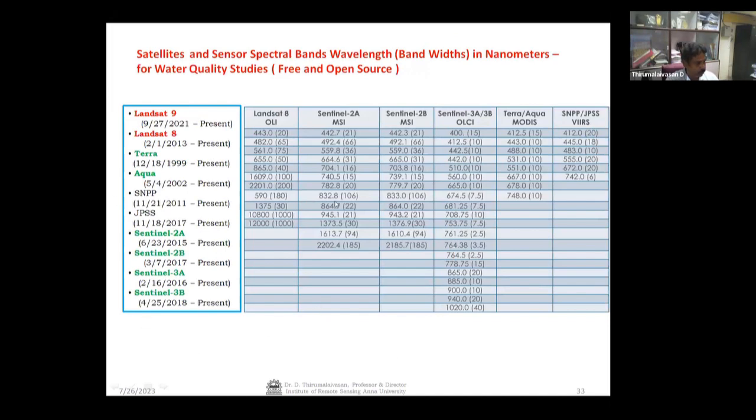And these are the open source data. So the main advantage again here is that you don't need to pay anything to use these satellite data. Landsat is from USA, and Terra Aqua is from MODIS, again USA, and then Sentinel data is from Europe, and SNPP and JPSS, again, these are joint polar satellites, which are launched for Earth observation. But all these satellites are available free of cost, so you can download it for any part of the globe,